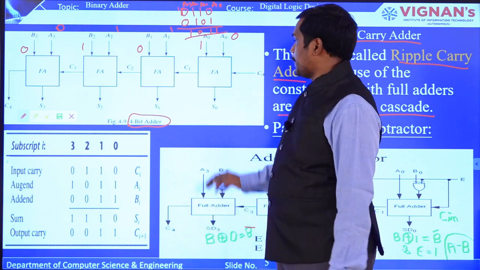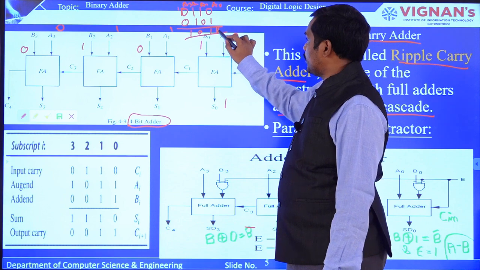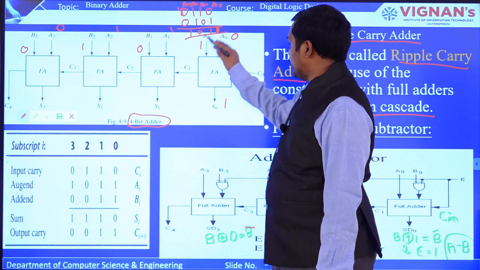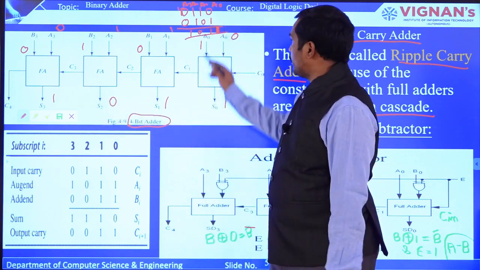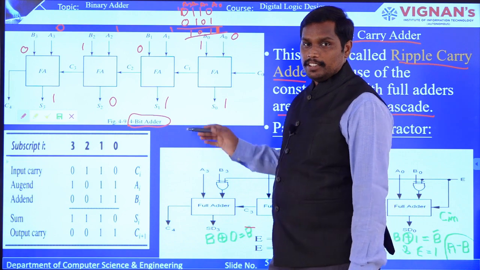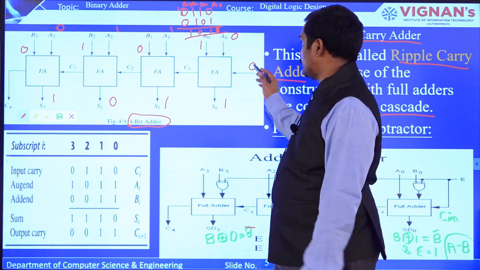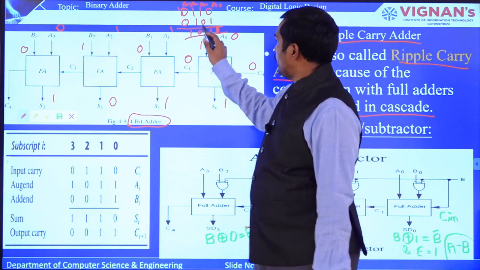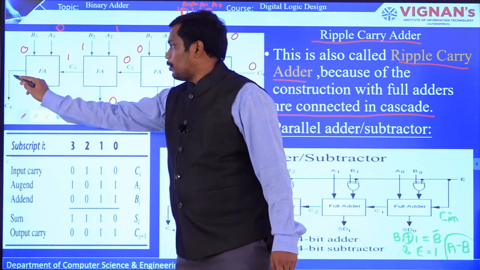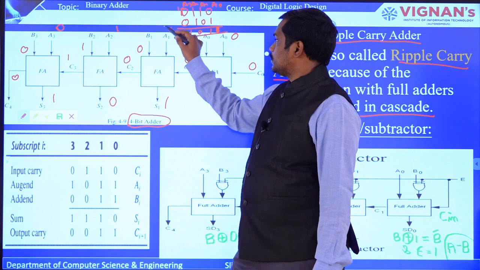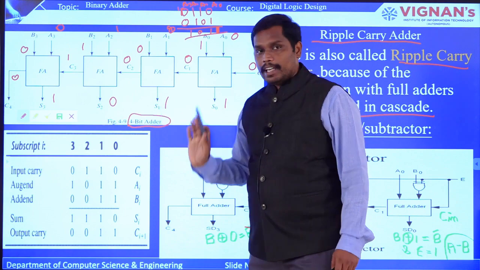And what you are going to get here, the S0, that is the output bit that you are going to get here, that is 1, right? I got 1 here, right? So 1, and then here also I got 1 and here I got 0 and here I got 1. Okay, and if there is any carry, then you will get a carry, otherwise there is no carry. For example, C0 will be 0. C0 is the initial state, so we will give 0, and then C1 is equal to 0 and C2 is equal to 0 and C3 is the last one which you get 1, and the final output will be 0 as there is no carry. So C4 will be 0. So this is how you are going to construct a 4-bit adder, right?